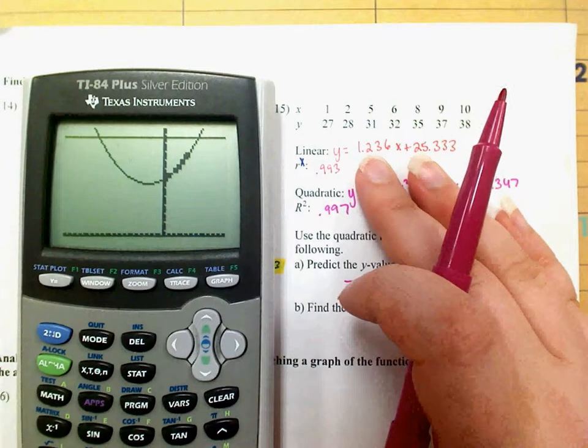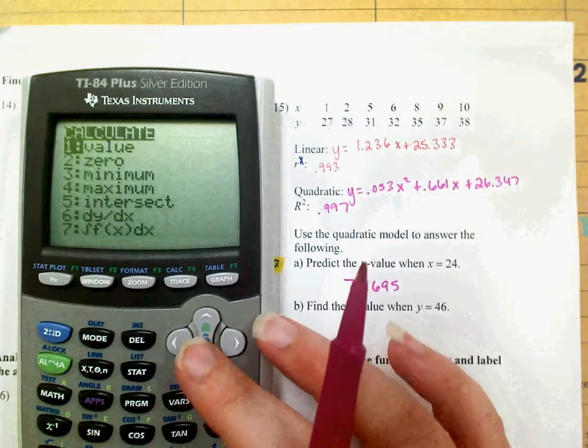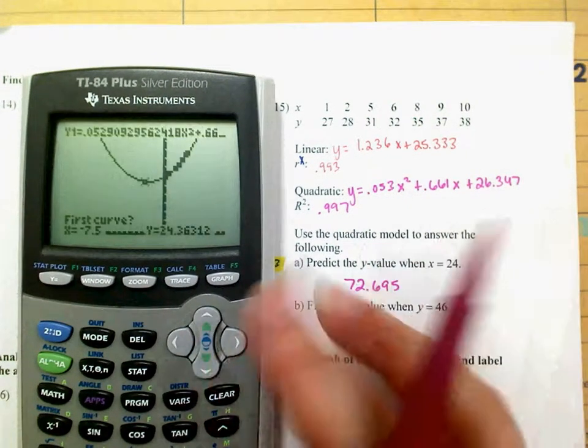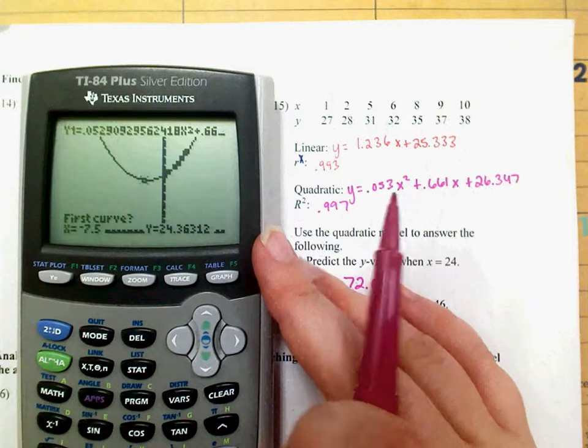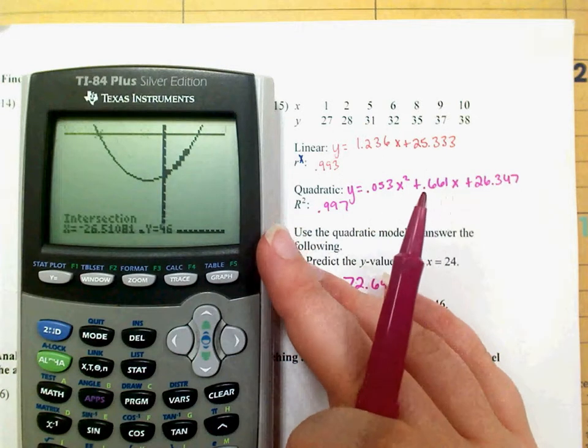So I'm going to go second calculate and just do the intersection. Now, whatever this blinky dude is, I've got two intersections. If I just press enter, enter, enter, it's going to find whichever one it's closest to, so it finds that one. Negative